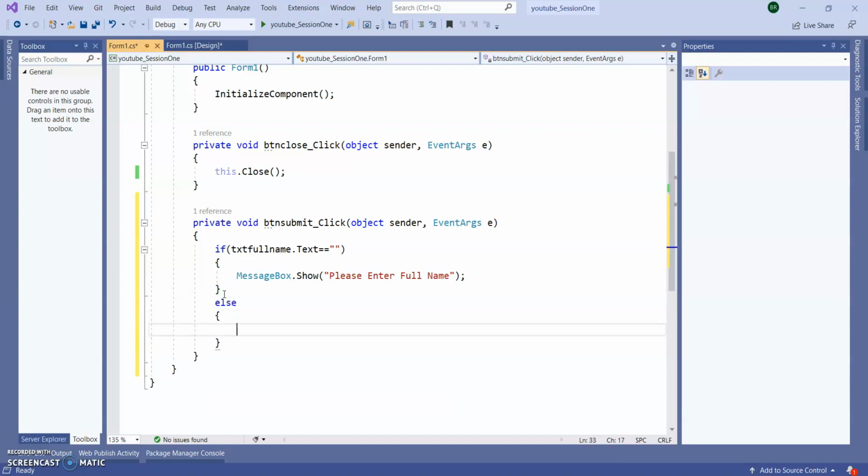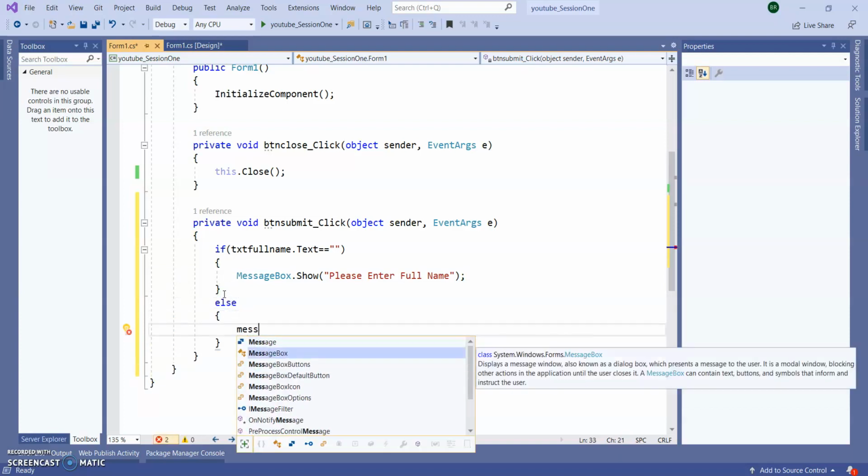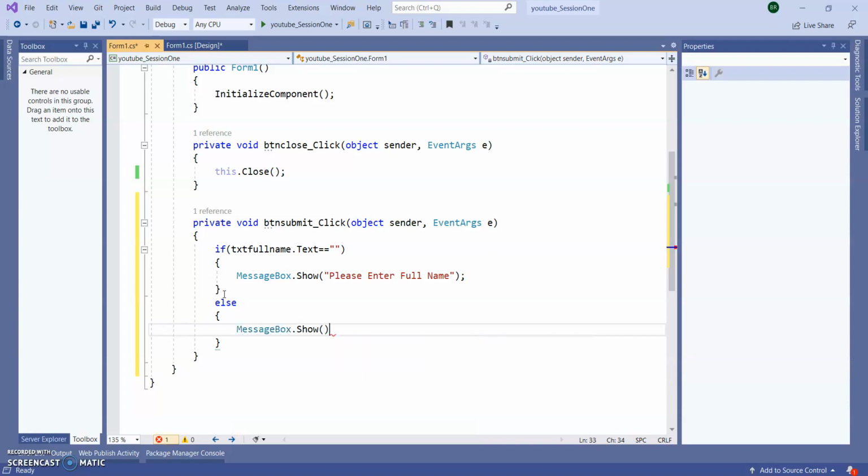Else I am showing MessageBox dot Show data submitted successfully. Let's run the application and see whether this validation is working or not.